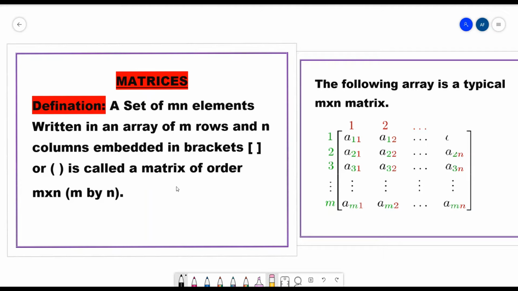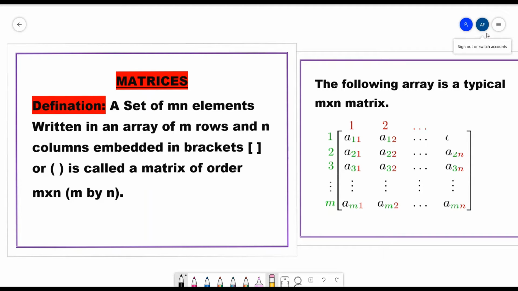So I'm going to start with a new series related to matrices. In this video I'll be dealing with the definition of a matrix and order of a matrix. In the coming videos I'll be dealing with types of matrices, rank of a matrix and all the concepts related to degree level which comes under matrices. So in this video let me start up with the definition of a matrix.